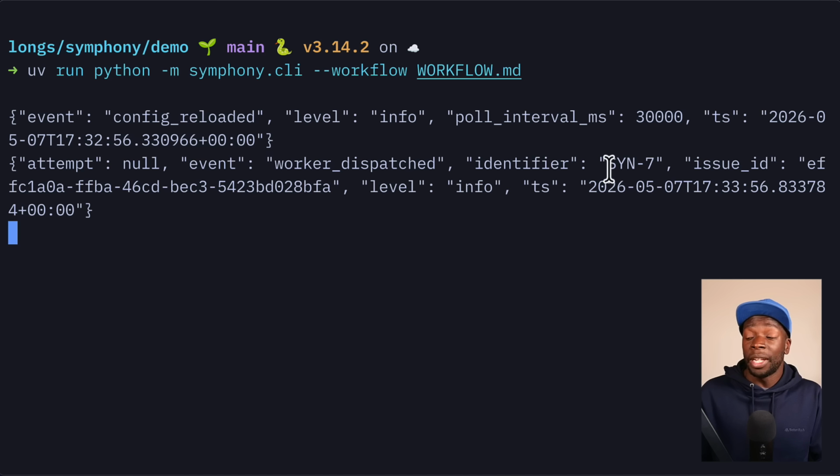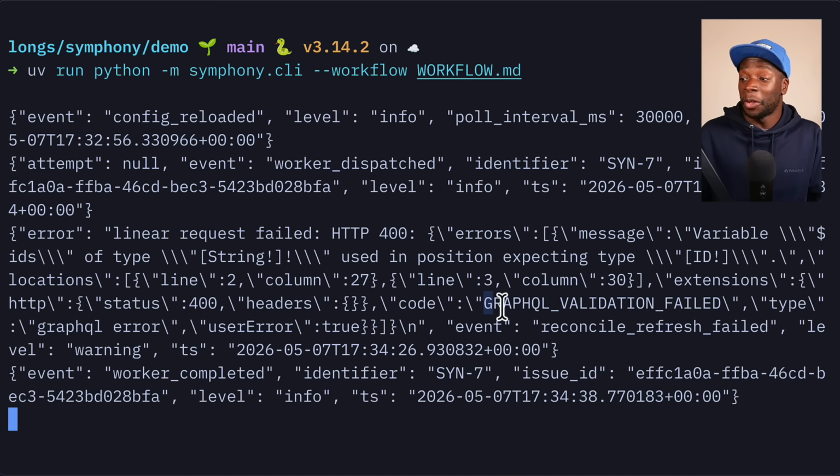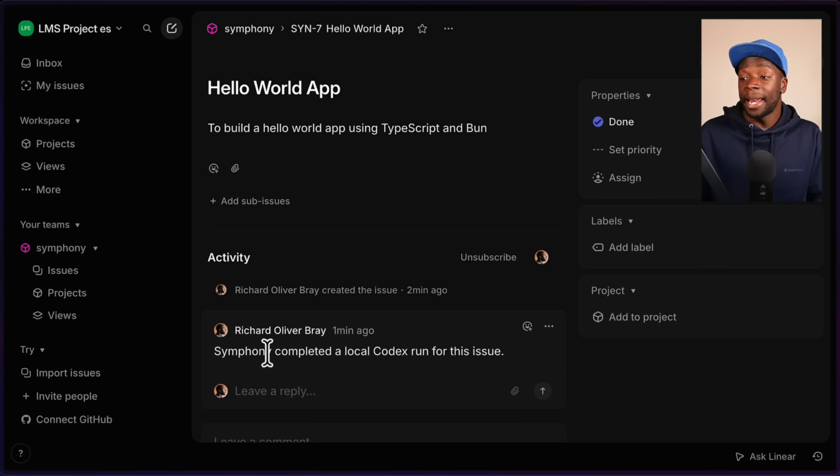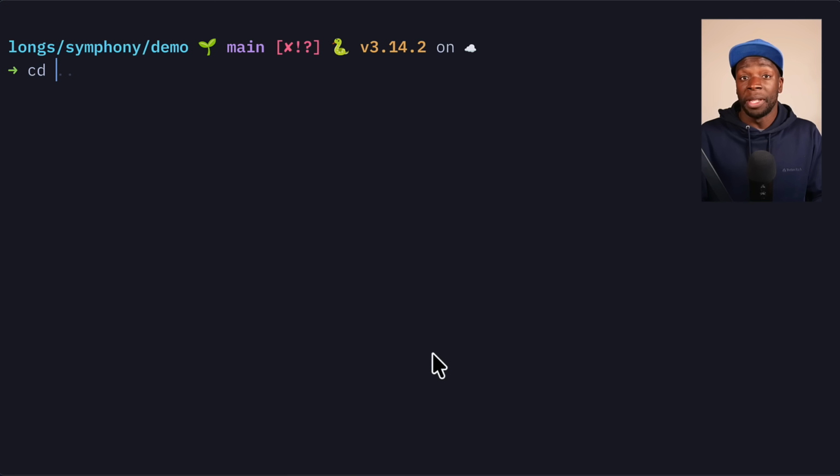So after a while, Symphony picks up on the ID of that task, and a few seconds later, we have a GraphQL validation error, which isn't a big deal and is very easy for Codex to fix. But after that, we can see that Codex has completed the work, has changed the issue from to do to done, and has left a comment here from Symphony, which means if we go to our Symphony workspaces directory, we'll talk more about that later,